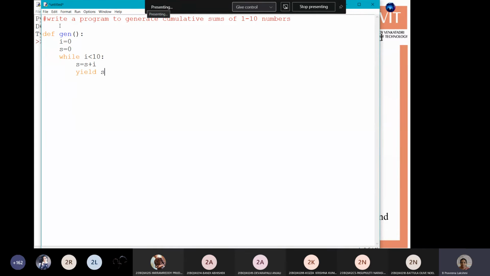I want to yield the present sum value s. Cumulative sums is nothing but every time whatever sum we are generating, that sum is to be returned. i plus equals 1. Next we call this, say s equals gen function. Just call the gen function, for x in s, print x.